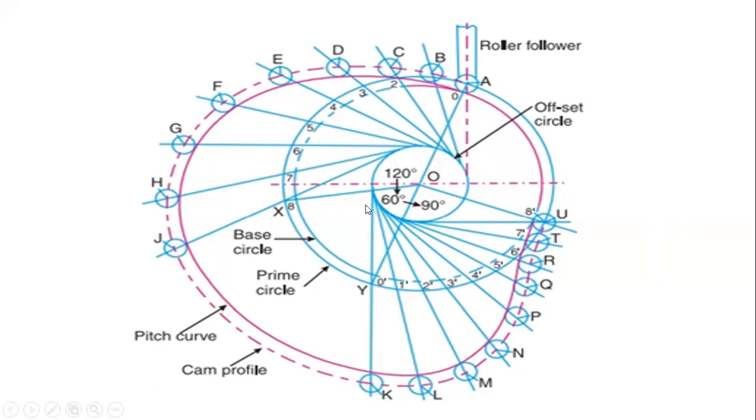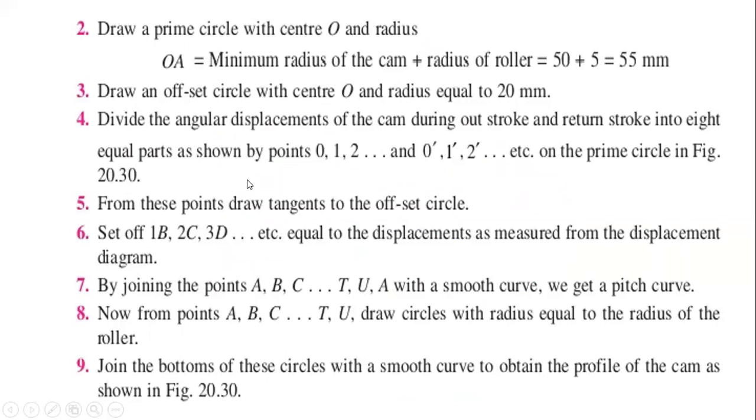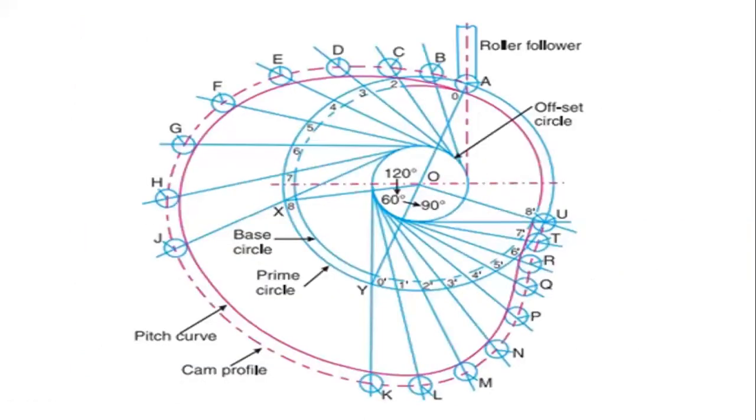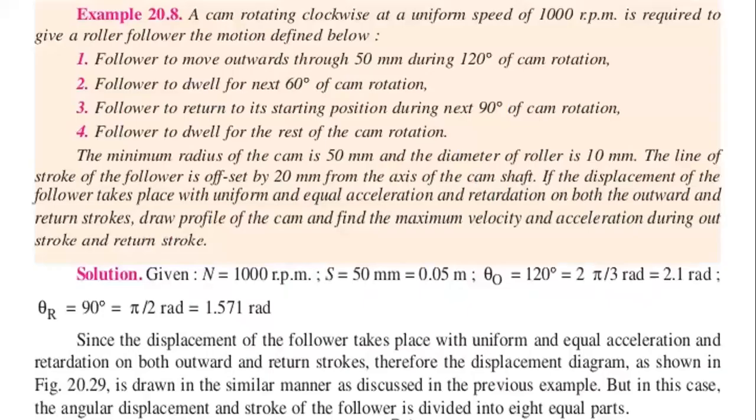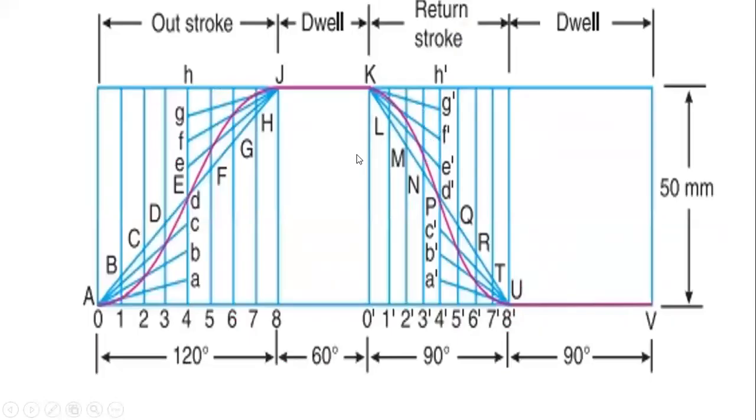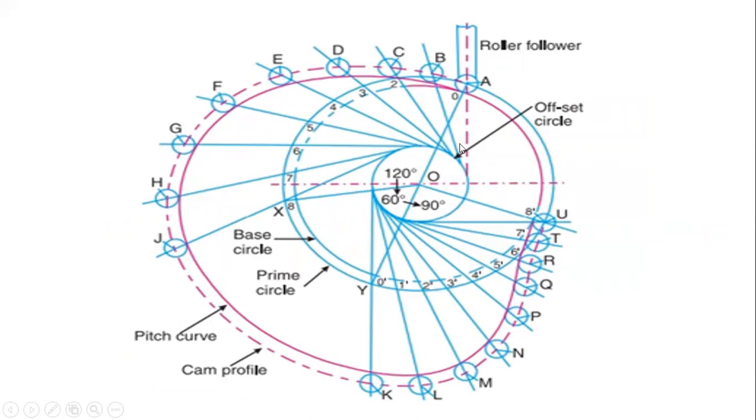First of all, you need to draw a circle with the given radius. They have given the radius of the cam as 50 mm. So taking a radius of 50 mm, draw a circle. Then from the center axis, take a 20 mm offset. The 20 mm offset position is given in the problem. So we are taking the 20 mm offset position to the right side of it.